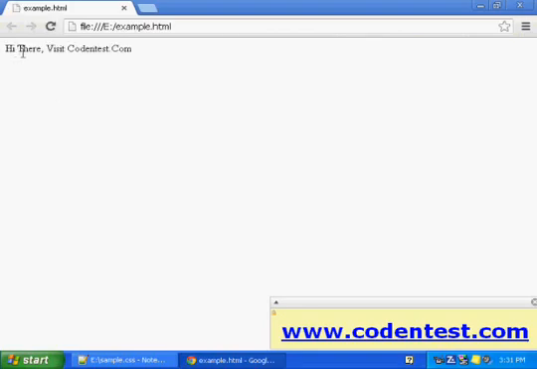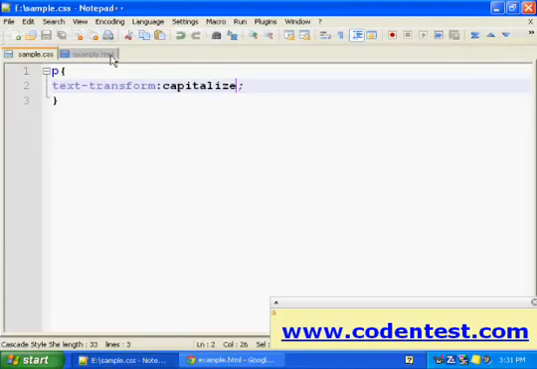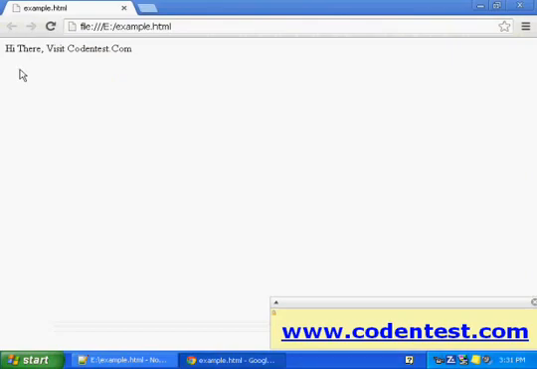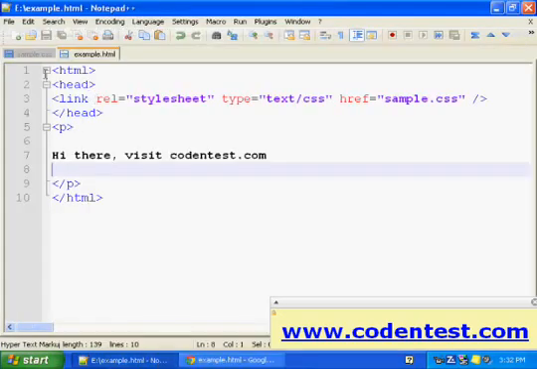See here, this is capitalized. H is capital, T is capital here, V is capital, C is capital, and C is capital. In the original sentence, only H was capital, but in the output we have H, T, V, C and C capital. So that's capitalize.